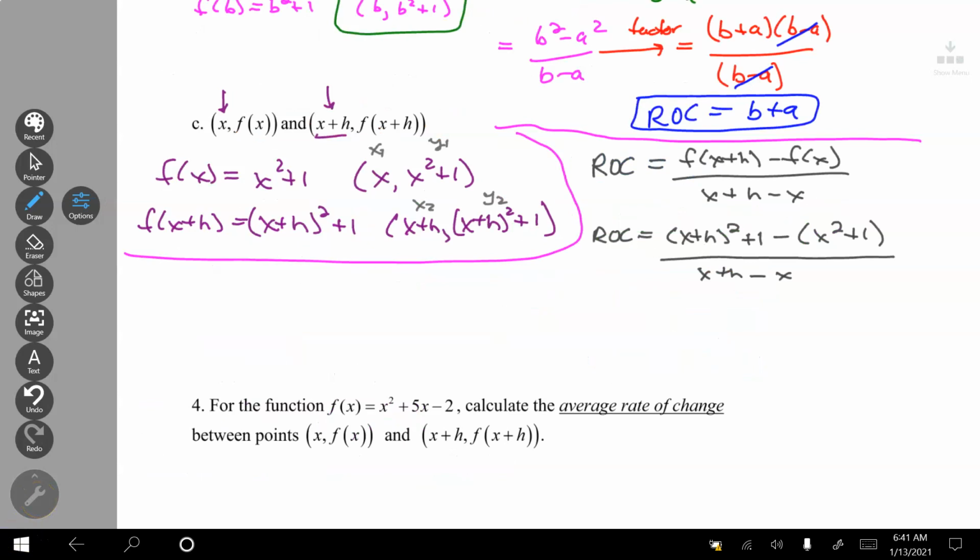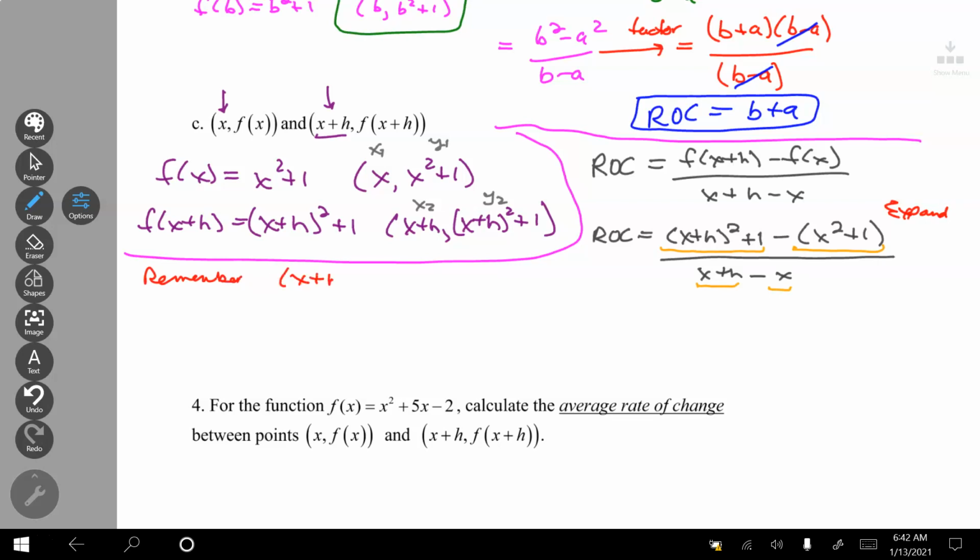So I set it up as y2 minus y1, parentheses around that, over x2 minus x1. So when I get here, I need to expand it. I need to expand this to get rid of the parentheses. So you need to remember